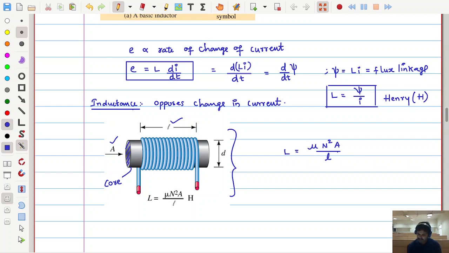There is history behind this expression also, but we don't want to go into details of that. Just try to have awareness of this expression first. What is the mu? Mu is the permeability. I'll tell you the significance of this permeability. Here, I told you that we are choosing some material, that is what we call a core. Core has some property. If the core is a magnetic material,